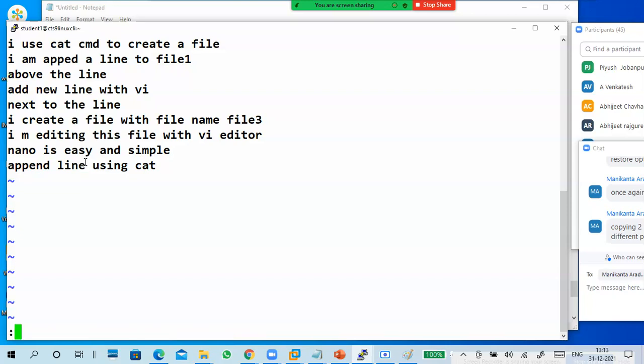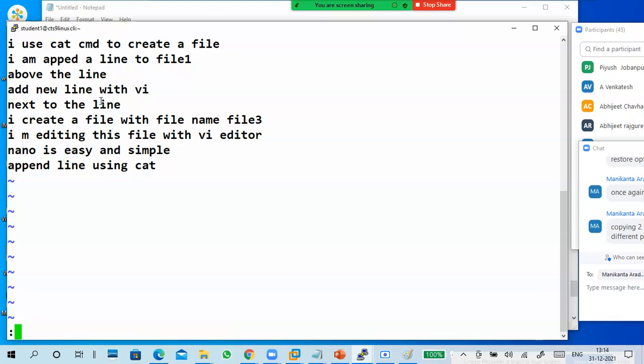Next, you can replace the text. So here is a create. I want to replace it. I want to replace the create with delete. What is pattern not found?